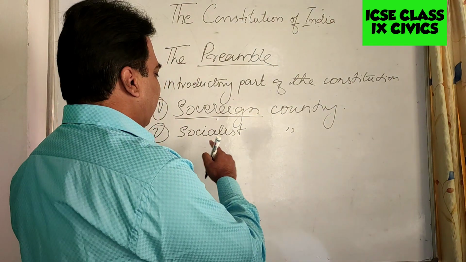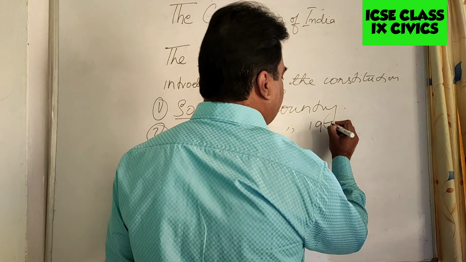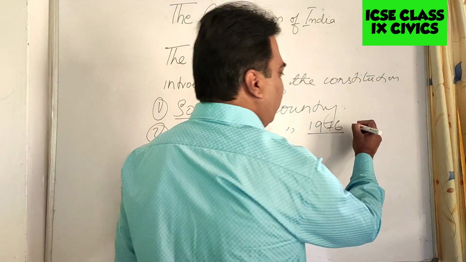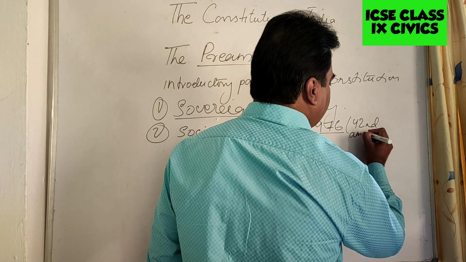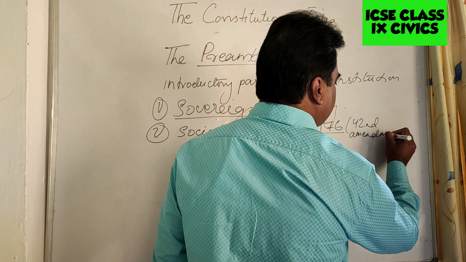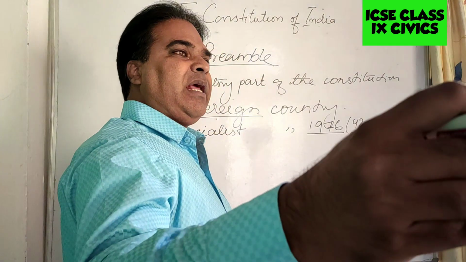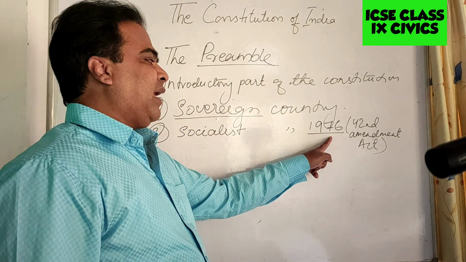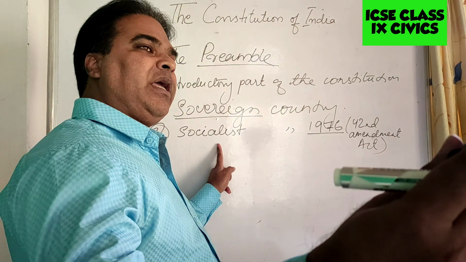It was included in the year 1976, through the 42nd Amendment Act. So through the 42nd Amendment Act, that is in the year 1976, this word socialist was included in